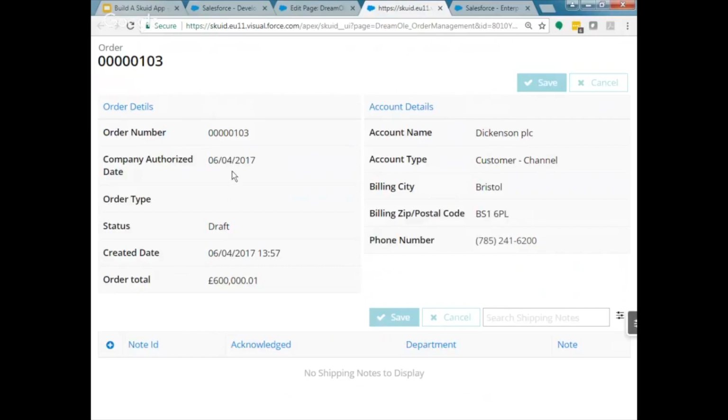And yeah, as you can see, that is recreating the original page we had. Okay, it's a fairly simple thing, but it gives you an idea of what you can do within Skuid. And there should be a few minutes for Gary to show you the whizzy wonderful stuff from the Skuid demo